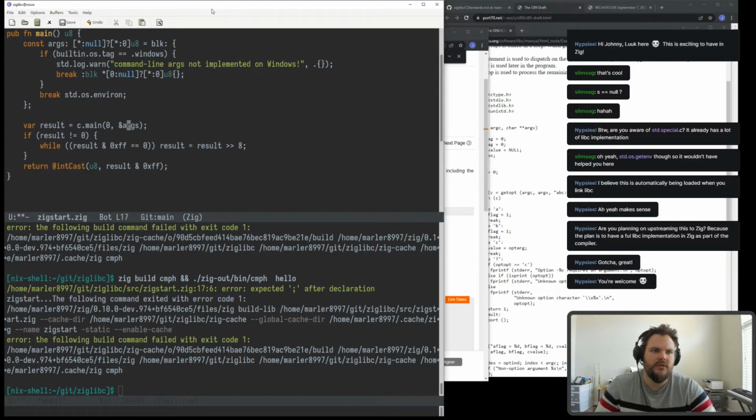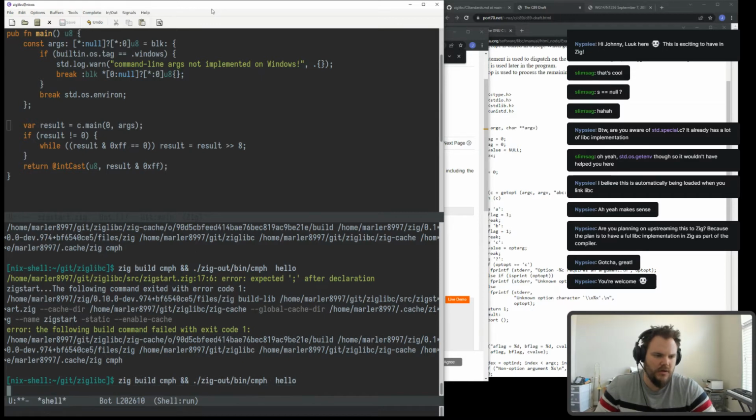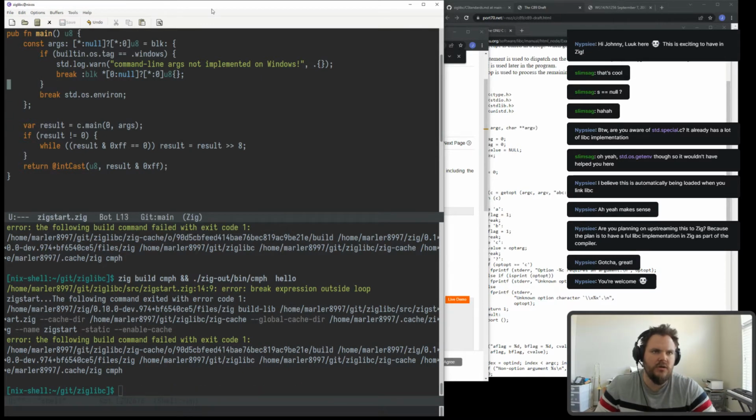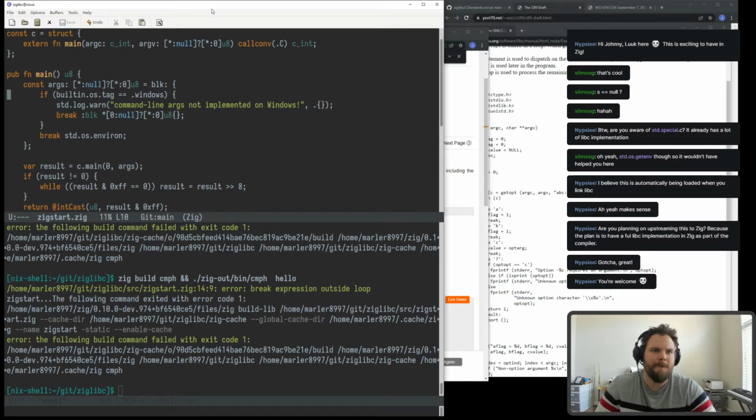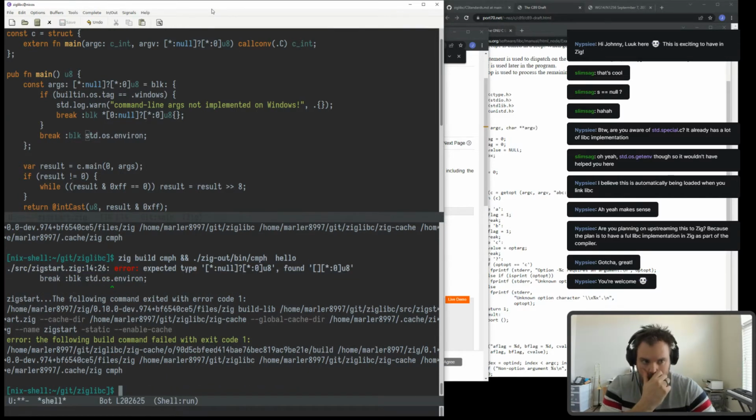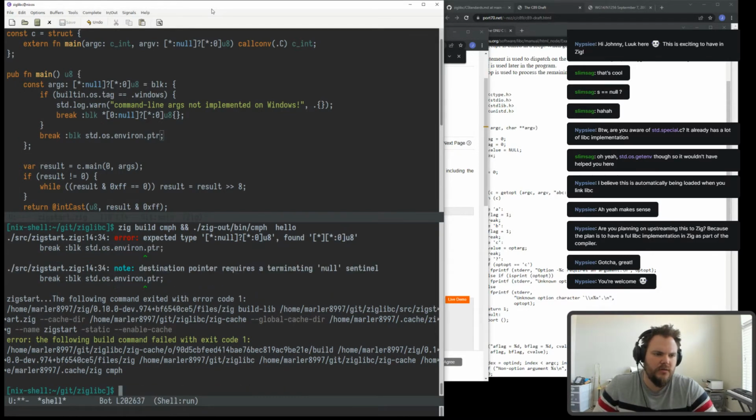And then in this case, it won't be an array anymore. Okay. Okay, so now I think it should be pointer. Okay, so,